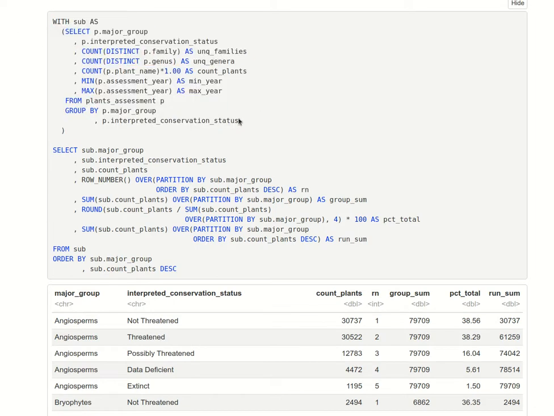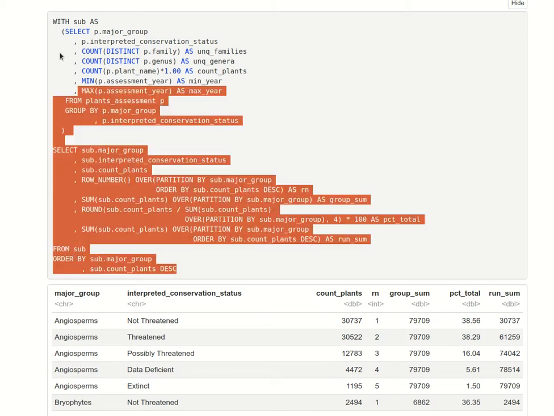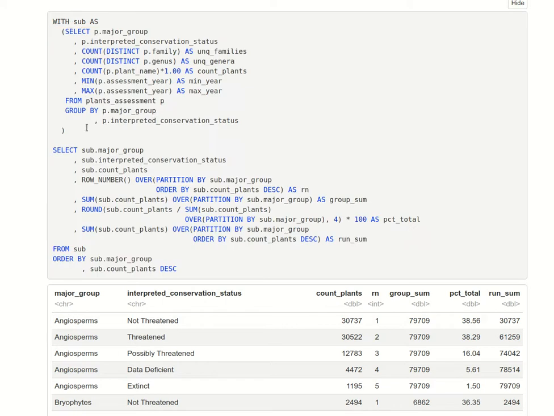So we're actually running this aggregate query from earlier, the group and the interpretive conservation status, and we're going to use that as an intermediate object, and then use that in our final select statement. So while there's two selects, this is really one statement. It's just defining an intermediate object to be used in the final, and then in the final we'll be running